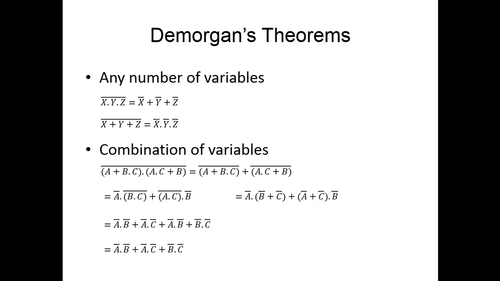A very important concept is that the De Morgan theorem can be extended to combinations of variables. It means if we have multiple terms and we apply complement over them, then what we have to do, for example, if we have one term a plus b and c, and another term a and c plus b. Now these are two terms. So this expression is represented in the form of product of sums, POS form. You have a product of two sums. Product of sum expression is represented like this.